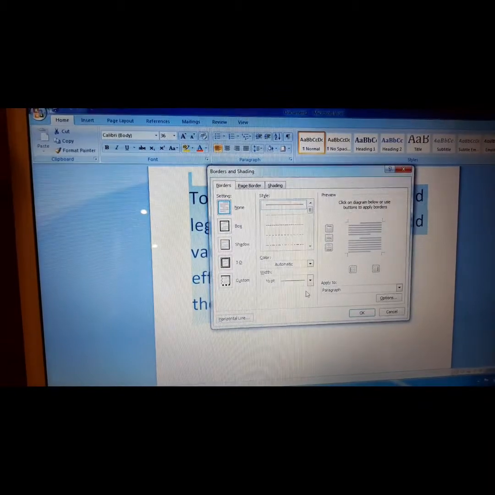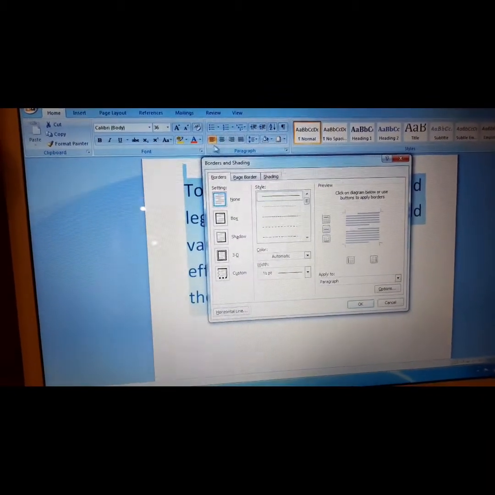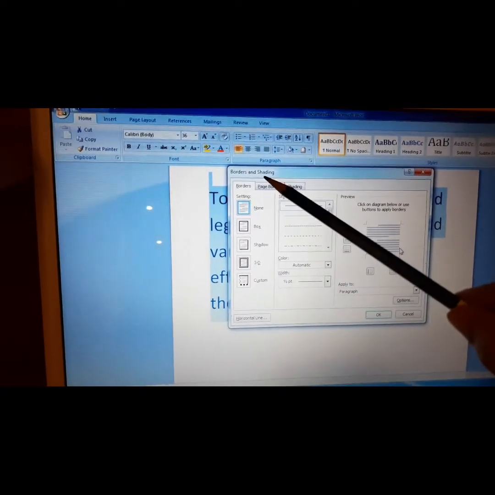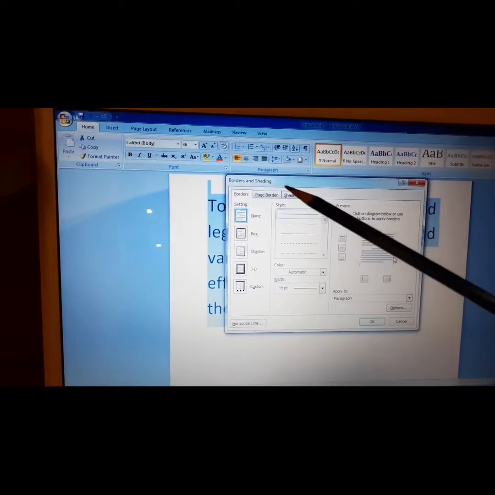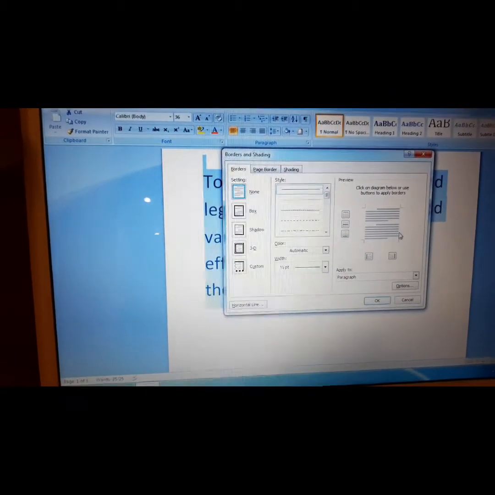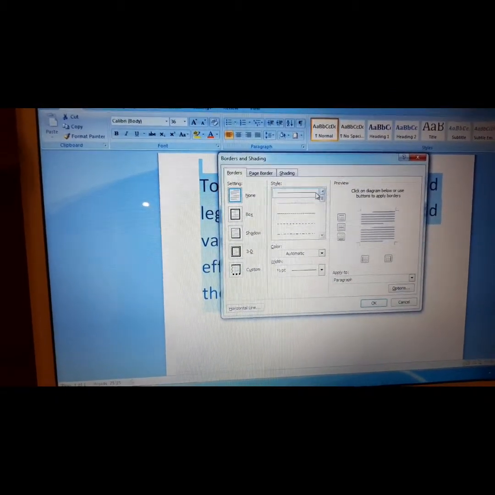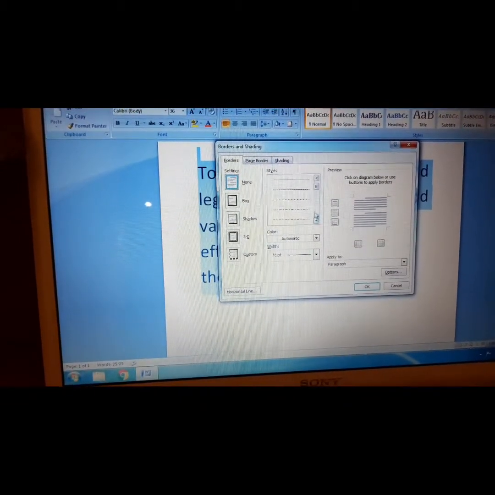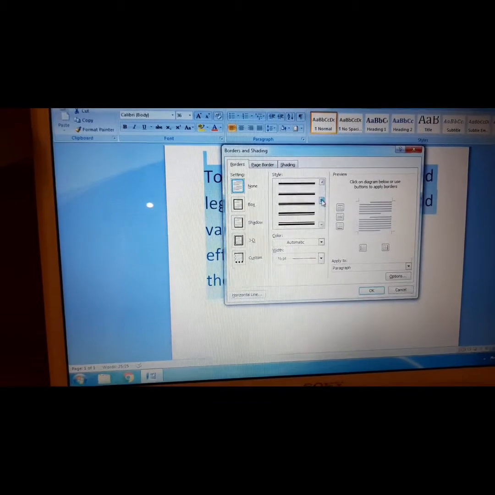Once you click on that, the Borders and Shading dialog box appears. Now set the border style. This is your border style. How will we set it? Click here. Whichever style you want.